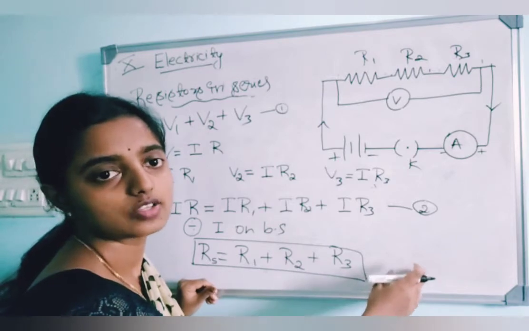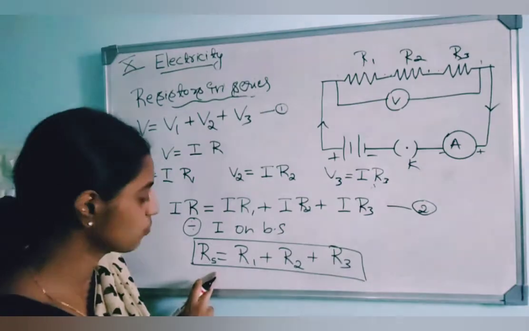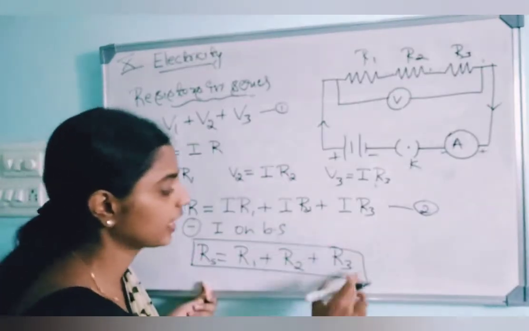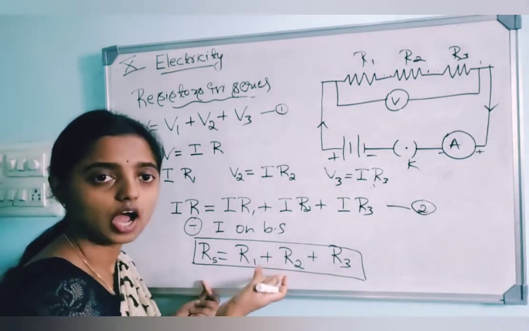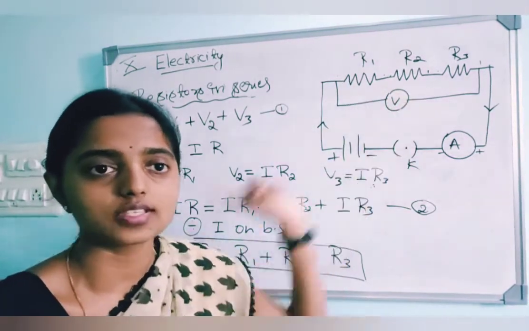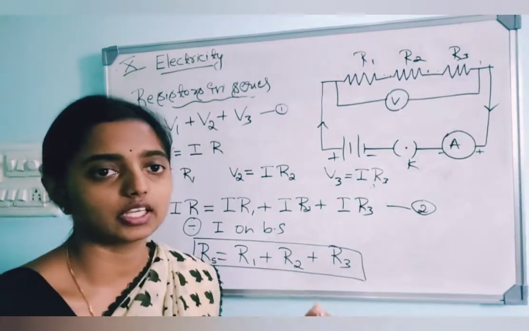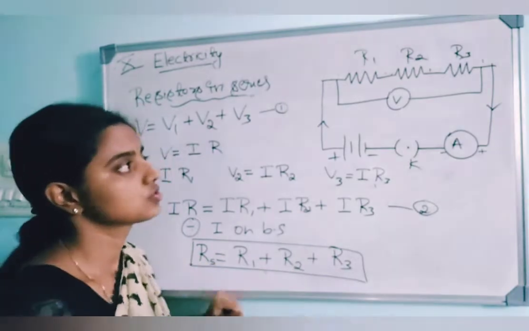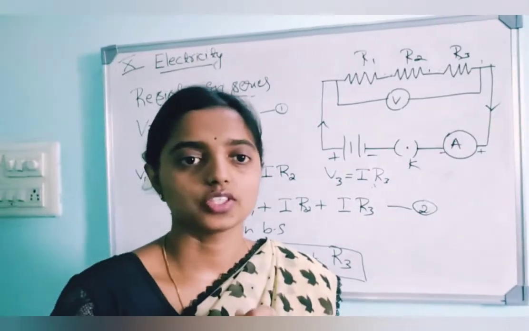Now no doubts, right? And one more thing: this RS value will always be greater than the greatest value out of these 3. It's not only 3, we can take only 2, R1 and R2, to make the connection. At least a minimum of 2 resistors is a must. From 2 onwards, we can take any number of resistors, R3, R4, R5, R6. For simplicity we are taking 3 resistors to study the equation. Clear?